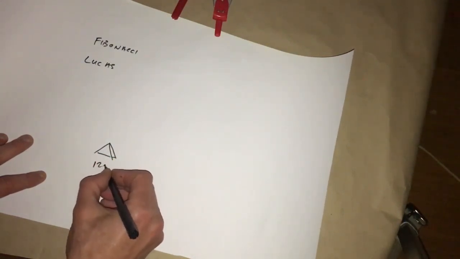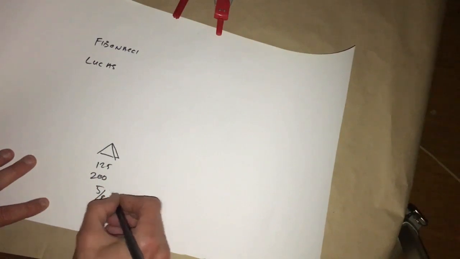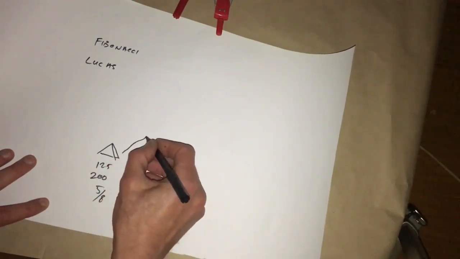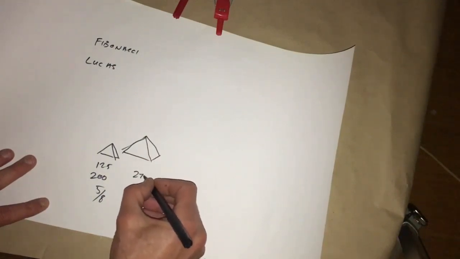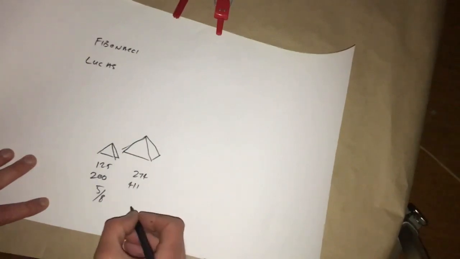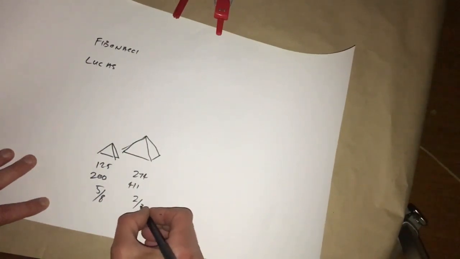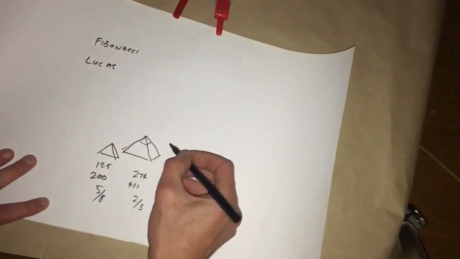but we also have the three pyramids famous at Giza. So we have the Menkaura Pyramid, which is 125 Egyptian royal cubits high and 200 wide, which is a 5:8 ratio. Then we have Khafre's Pyramid, which is 274 Egyptian royal cubits high, and at the base 411, which is a 2:3 ratio, and that's the one that still has the capstones at the top,